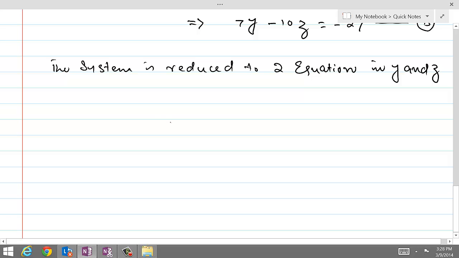The equations are 5y minus 8z equal to minus 18 as equation A, and the equation B is